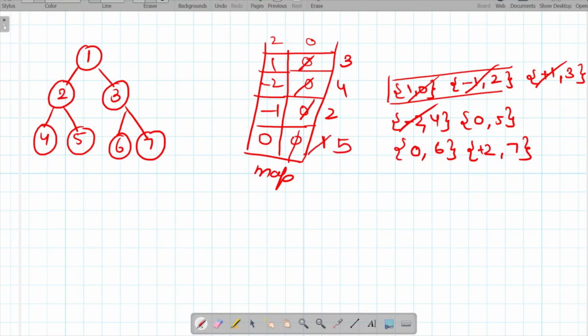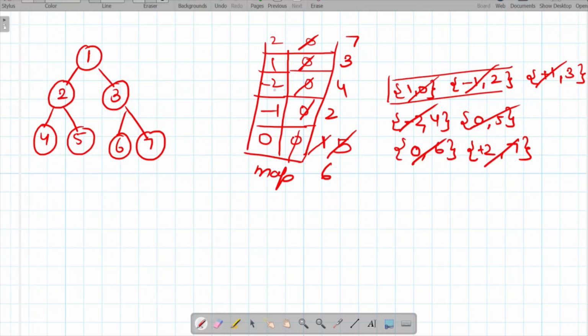But if we were doing top view traversal, in that case we would check first if the value is 0 or not, and if it is 0, then only we would update it. But here we are simply going to update it for all the nodes. So again, it is saying update position 0 with 6, so we update it with 6, and then it is saying update 2 with 7, so we update it with 7. In this way we have updated our map, and finally we are going to output our values.